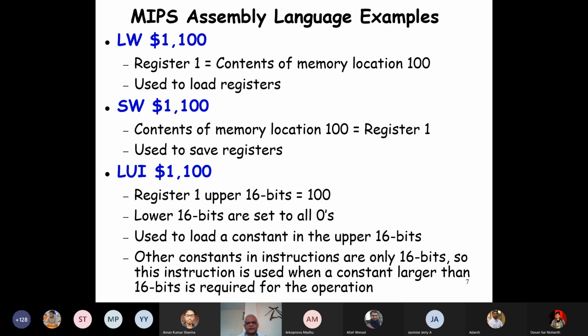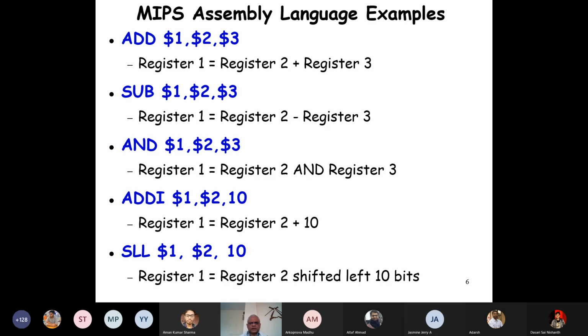Excuse me, sir. Yes, please. From where am I getting the immediate value? So this is Abhinav, right? Yes, sir. Okay, Abhinav, see here, the immediate operand is typically the last source operand. So 10 is the immediate operand here, in add immediate. We might write 15 or 8 or whatever. Those are the immediate operands.